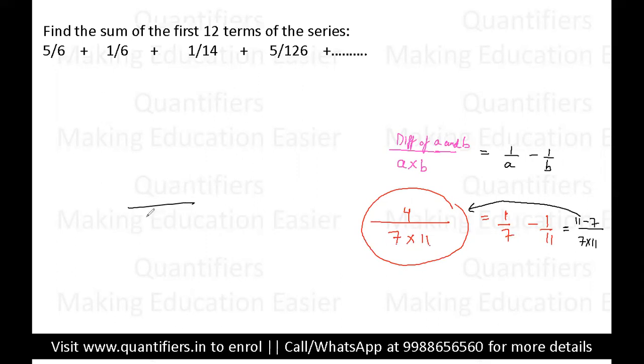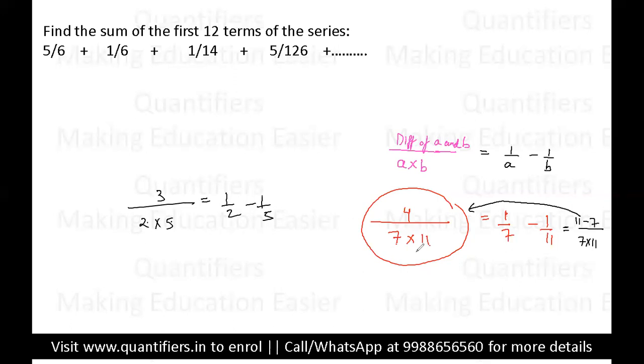Let's say in the denominator you have 2 and 5. Okay, now remember, in the numerator, if you have a difference of 5 and 2, which is 3, then students, you can write it as 1 by 2 minus 1 by 5. Okay, 1 by 2 minus 1 by 5. I hope this point is clear to everyone, because students, this concept, again, I'm telling you, it has been used very frequently in many exams. If you look at the previous papers.